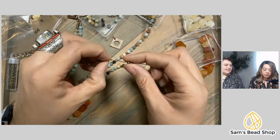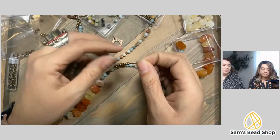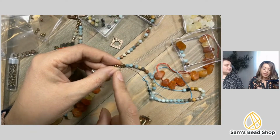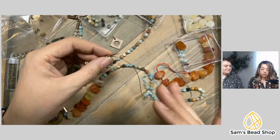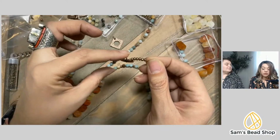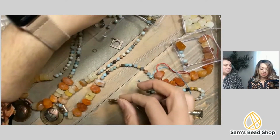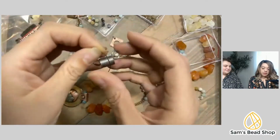And I just put it down through. You can easily fit 2 strands through there, maybe even more, honestly. I sometimes cut right here. The reason I'm not going to right now is if I mess up on the other end, it's nice to have this extra tail so I can cut the crimp off and I won't have to restring everything. Okay. So I'm just going to leave that like that, move everything down,